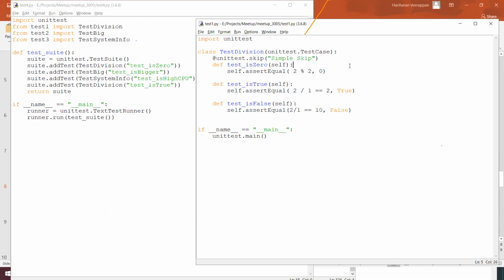If we did it like that in the test suite, for example, I did a unit test dot skip, and I'm going to run this test case over here.